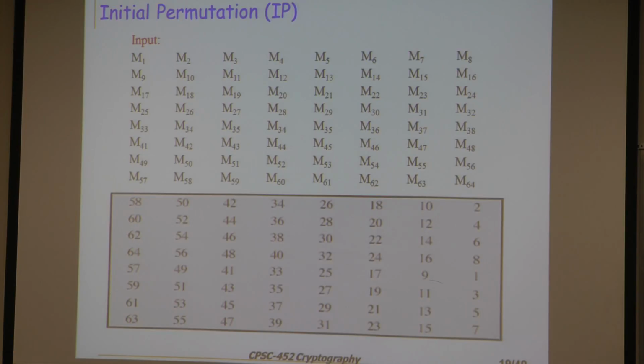And then this one, the output, is it still going to be the same size as it was originally, or is it going to be reduced? In the case of the initial permutation, the answer is yes, it stays the same, because the initial permutation does not eliminate any bits. And we can see that